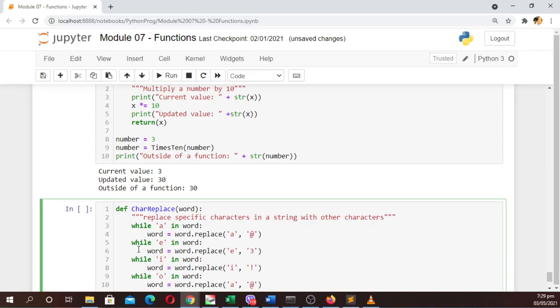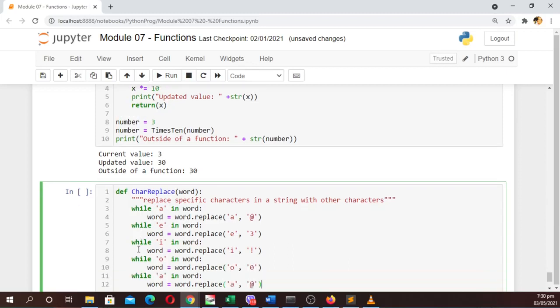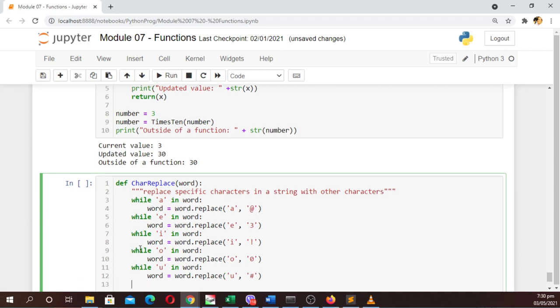Yung O, papalitan natin siya ng 0. U, tapos we replace it with the hashtag, and then we do print word,